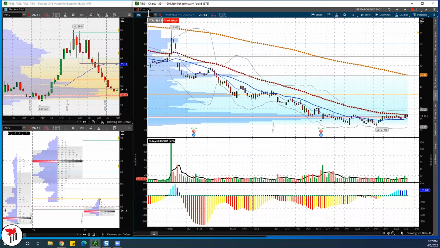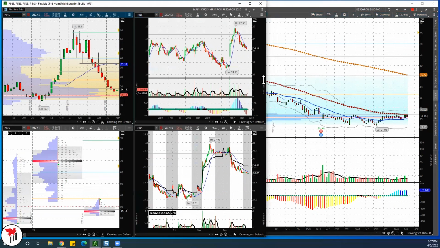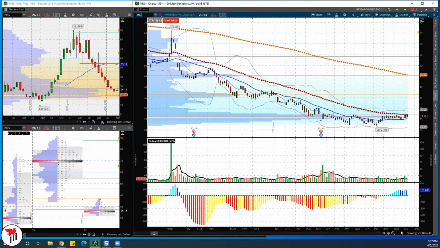It could have set up a 1, 2, 3, but now I think the reversal today is too deep for me to like it as a 1, 2, 3. So I will need to see 27, 27, 28, better over 28. I'll take it over 28 if we are to go over there because of the location on the monthly. I like it right here. So it's 28, 28, 30, 32. Actually, this is interesting. Let me see the weekly.